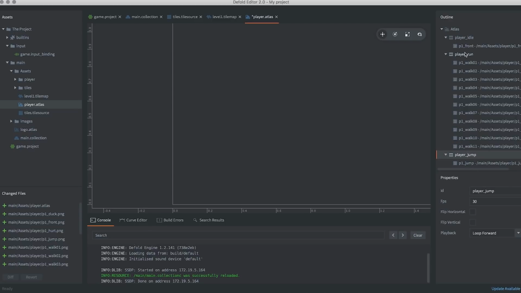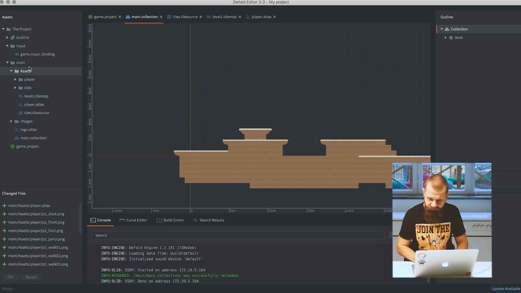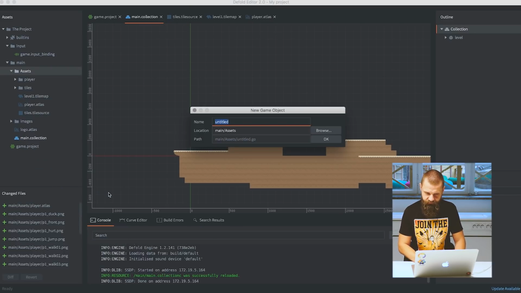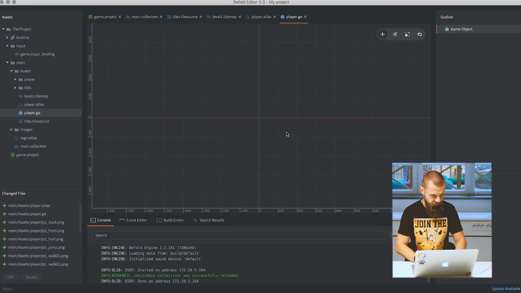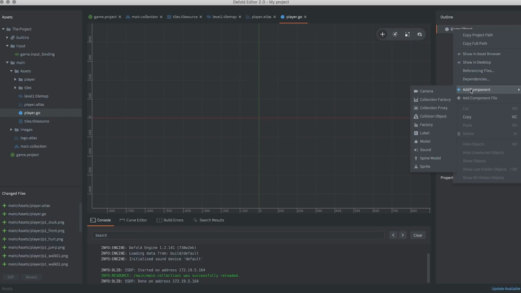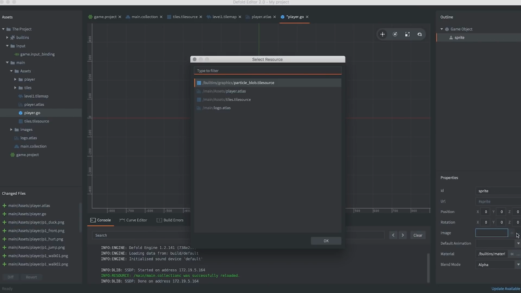Then yeah, settings look correct. Then we save, and then we implement it in the scene in our game. So let's create a game object, and we call it player. So we have a game object for the player in the scene. And right now for this game object we'll create a component sprite, and we'll point to our player atlas that